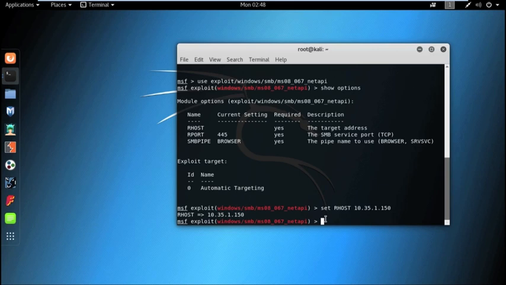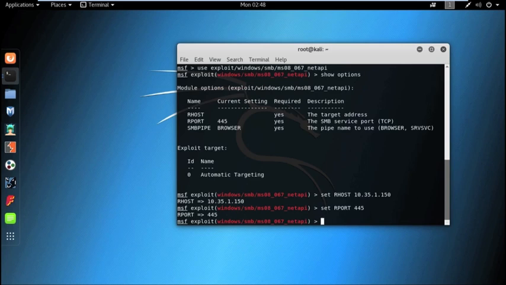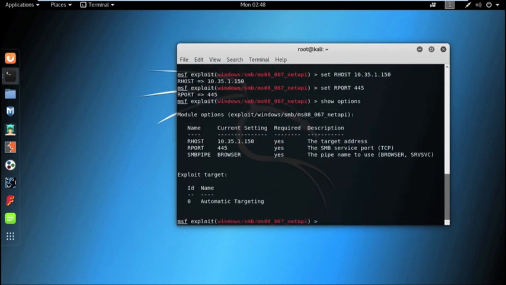Otherwise, if you want to change this port, we use the command set RPORT then the port number 445. Now, by using the show options command, we can see that all the options are set. Now, to exploit the system, we use the command exploit or run.